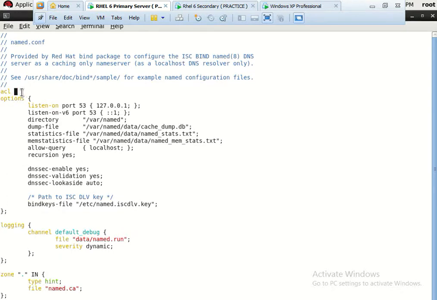I am putting an ACL right above the options section, and the name of the ACL will be my LAN, and my LAN is 192.168.61.0. As you all know, this is a class C address, so we are going to put the subnet mask as 24.